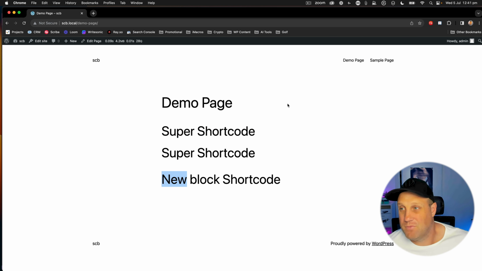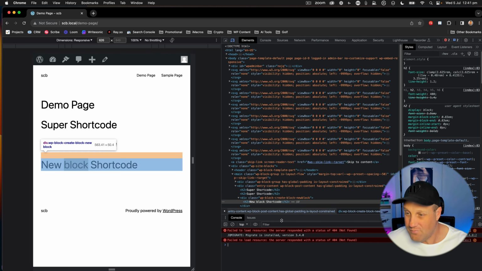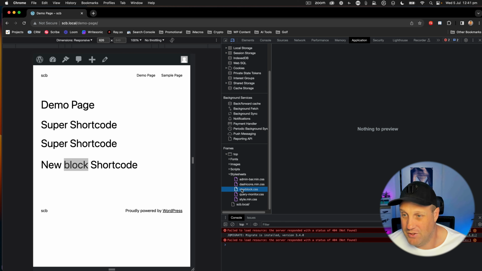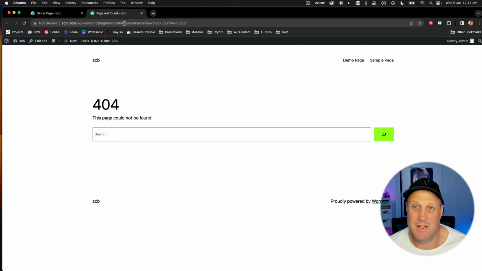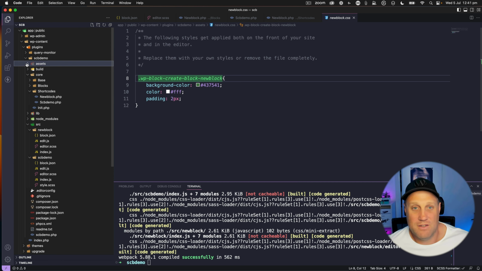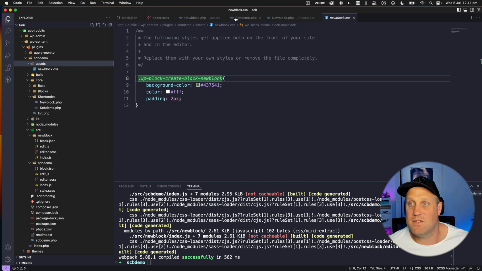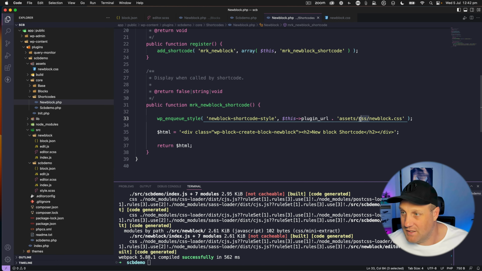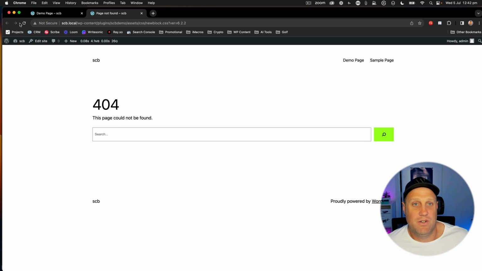If we go back to inspect that and then look at the error in my code, we can see what was being loaded. And here we can see we've got scb demo assets css new block.css. And here we've got assets, scb assets, and I didn't put that inside a CSS folder. So if I go ahead and fix that inside my enqueued method by taking that out and then go and refresh,